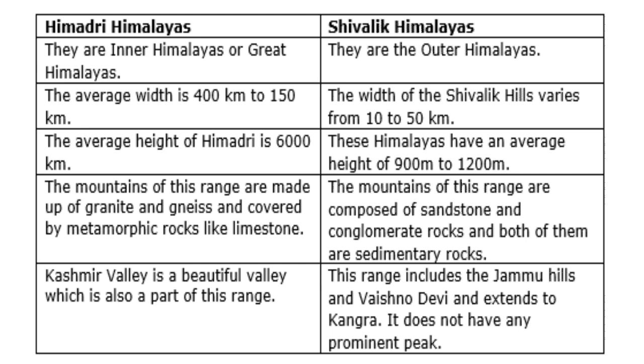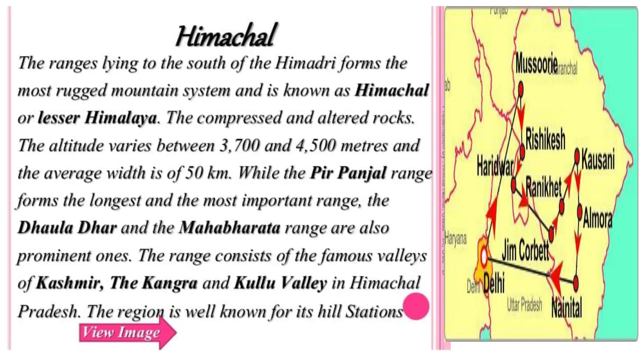So here we have to find out the location of Mussoorie, Nainital, and Ranikhet from your atlas, and also name the states. I have given this picture. So those are Mussoorie, Nainital, and Ranikhet, of all these places I have given here.